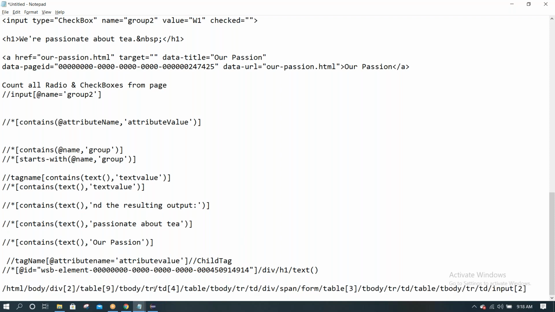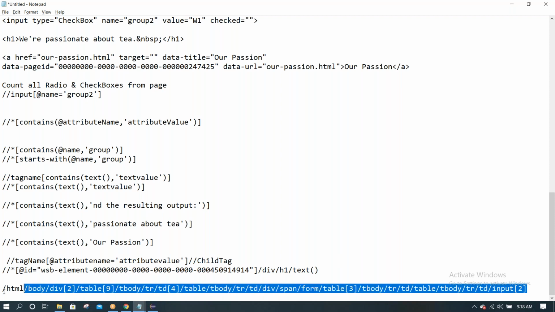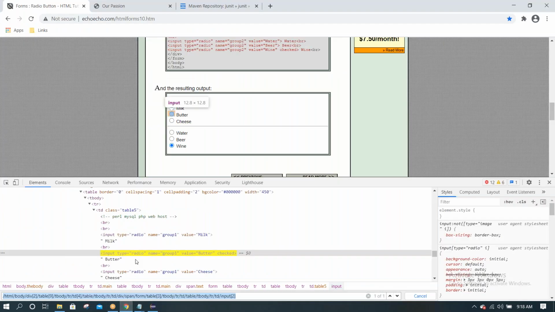Because if there are any changes, tbody, tr: tbody means table, tr means row, td. If any row is added or column is added, this will change. If any new table is added, table of 3 might be changed. So that's the reason we should not recommend using an absolute XPath.